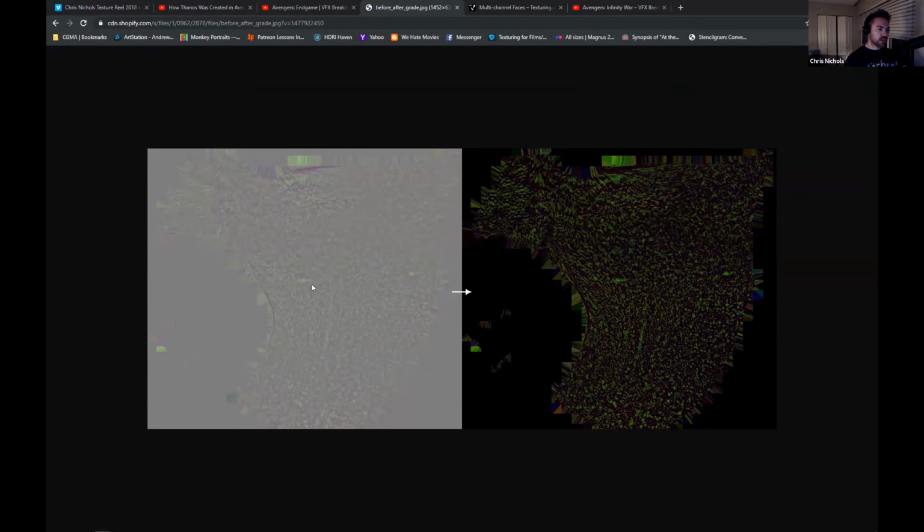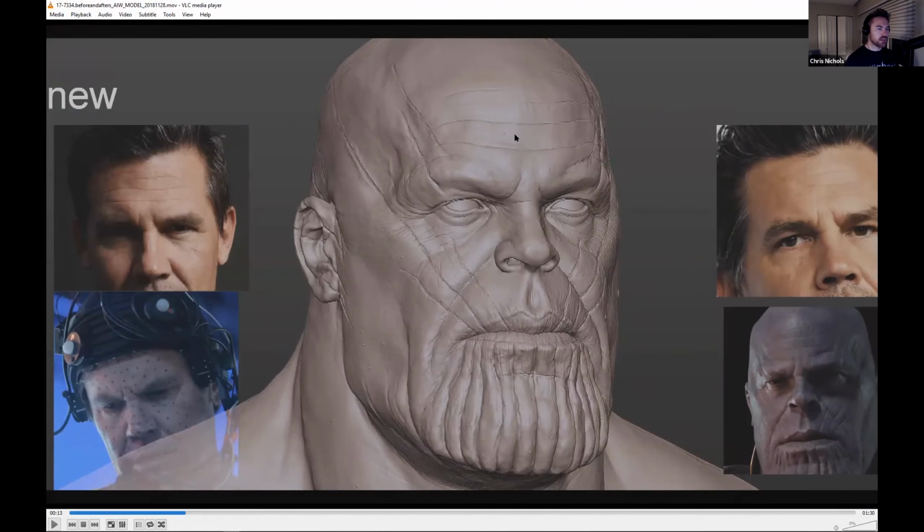So with that green and the blue channel, which is the high frequency stuff, that really beautiful looking macro detail, I could layer that back into my look dev setup with a slider in the shading so that I could control how much intensity was coming in, but it was being supported by the Mudbox displacement because everything aligns perfectly. The pores in the Mudbox displacement are aligning with the green and the blue channel from the XYZ. So that is really what gave me the sort of detail that I was able to capture from Thanos in Thanos's skin.